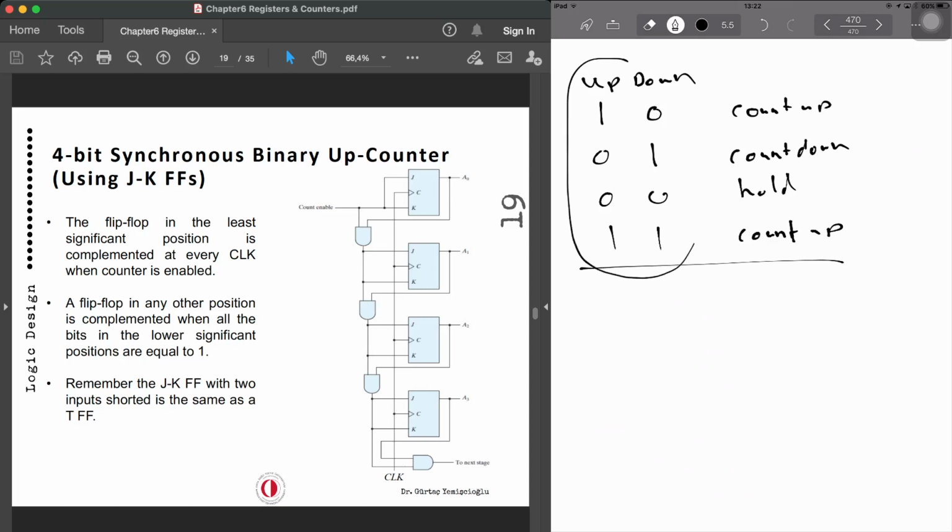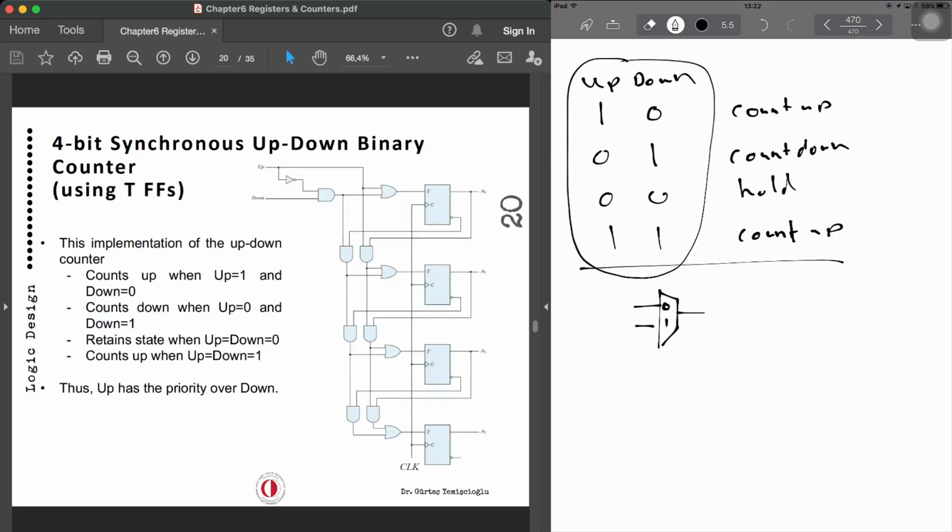So with 2 inputs that we can use, up and down, and a multiplexer, we can easily implement that using T-type or JK flip-flops. So again, T-type flip-flops, the multiplexer and OR gates, up and downs are there, and we can easily use those to implement an up-down binary counter. So either using T-type or D-type or JK flip-flops, these can be easily